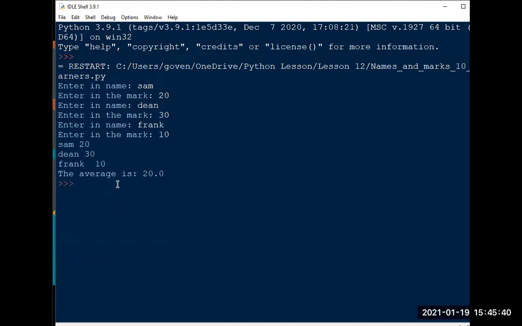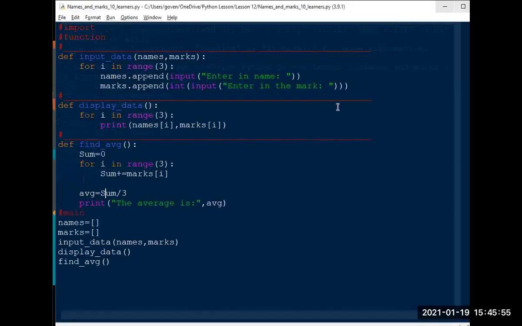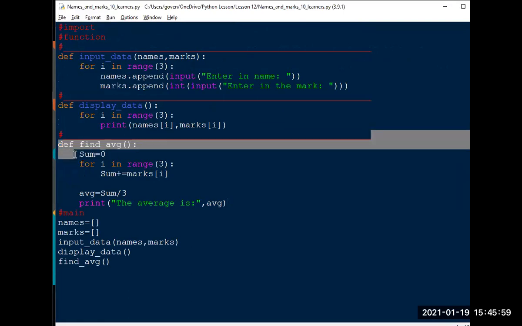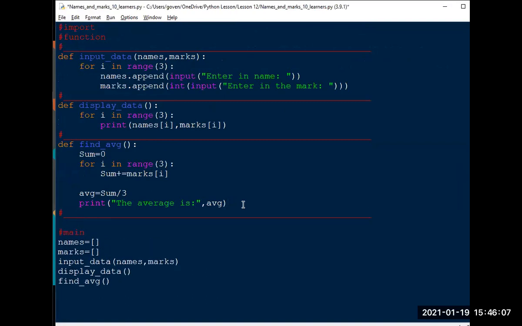There we go. The average is 20 because it added all the numbers and divided by 3. And these numbers added together, 20, 30, and 10 gives us 60. 60 divided by 3 is 20. So it worked. So later on, we can just convert it to the 10. Once we're done with that, we can now find